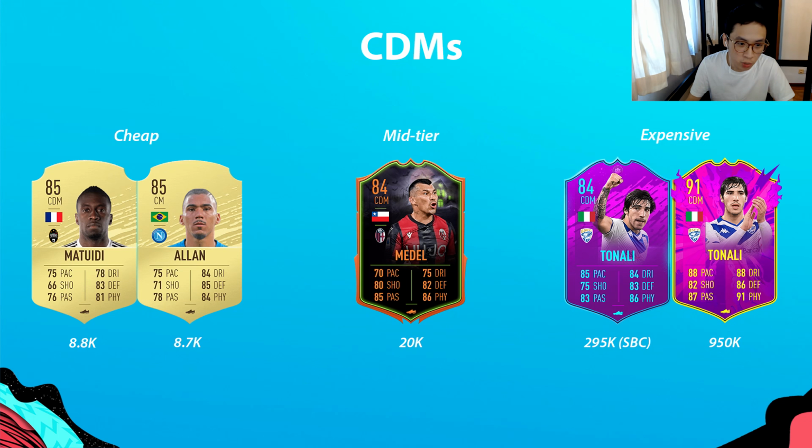But at this point, are you? Oh, he's 960k right now. I mean, at this point, are you really going to be having this much in a defensive mid? Because they had the Barella SBC recently, the Future Stars one, and